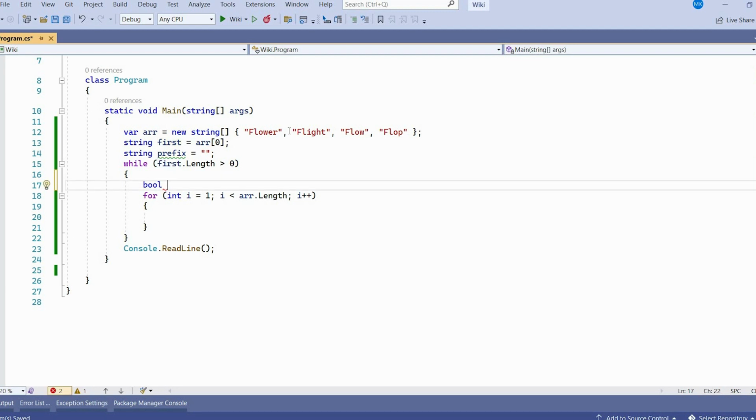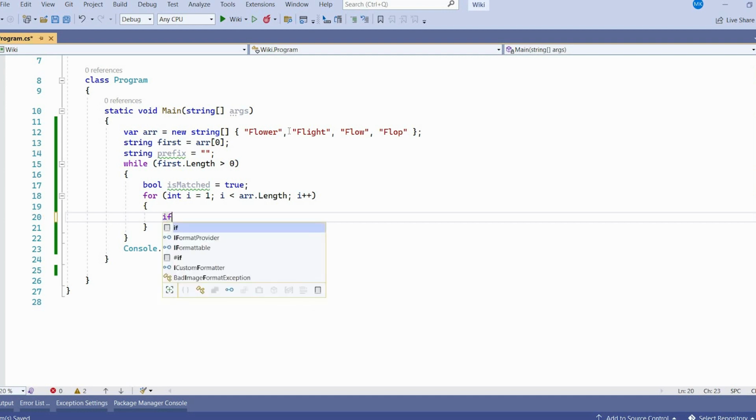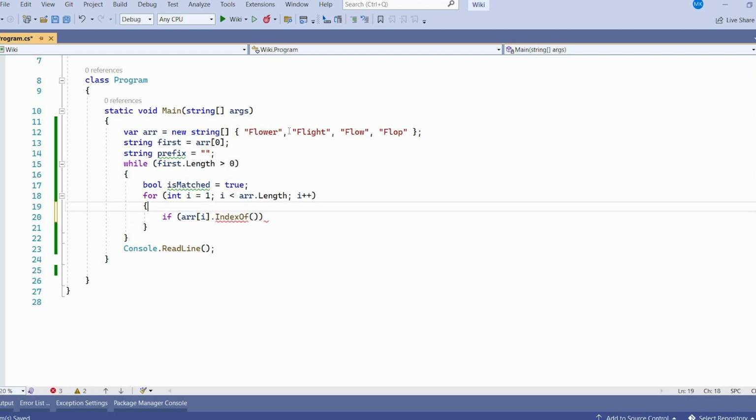So we name it isMatched, and by default we mark it true. Whenever it is not matched, we will mark it false. So the condition will be like arr at position i dot indexOf this first,